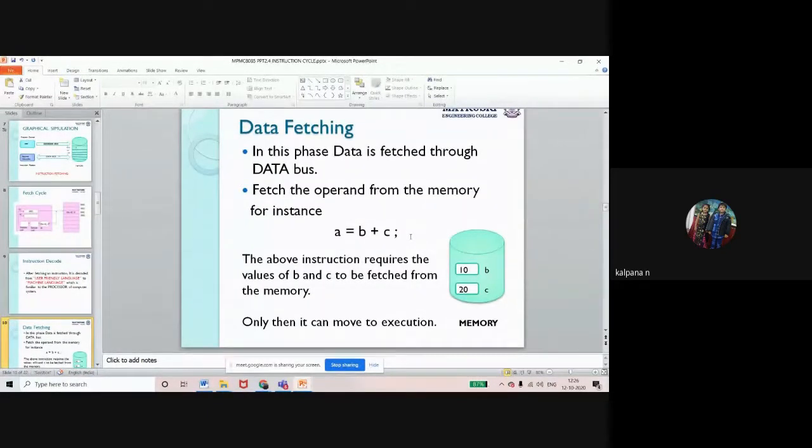Another example I have taken is the addition A is equal to B plus C. Here B plus C means two registers, consisting of two numbers.